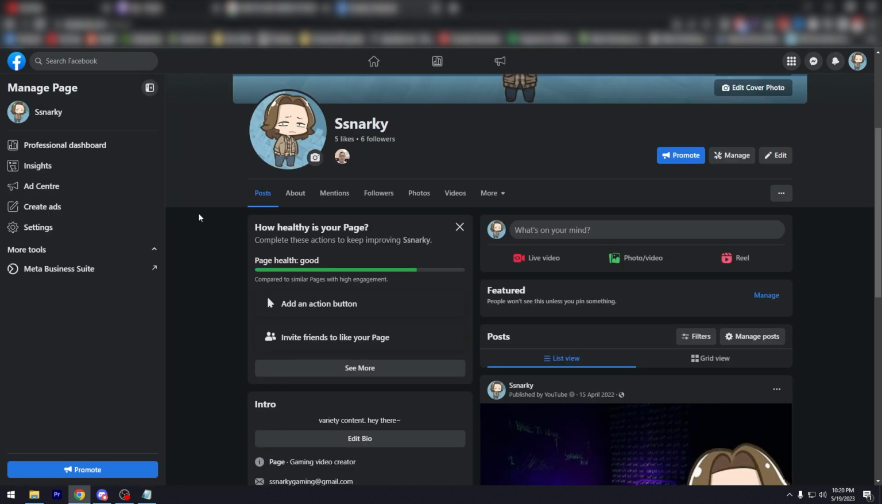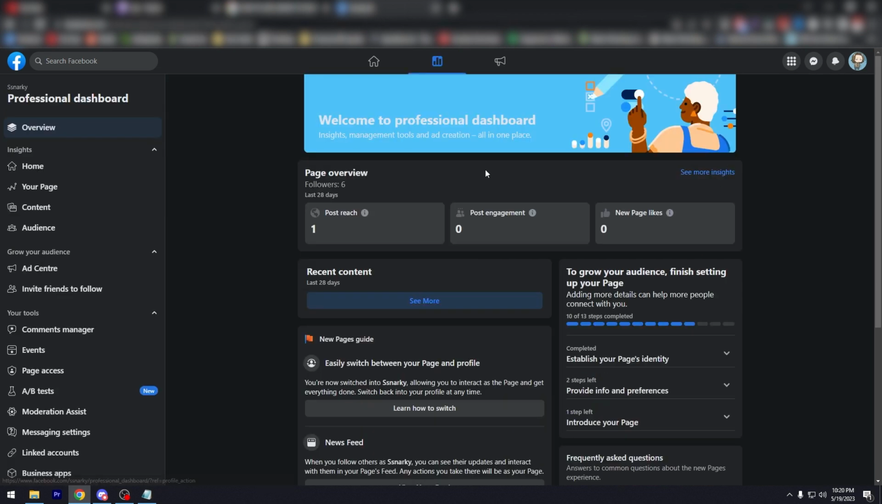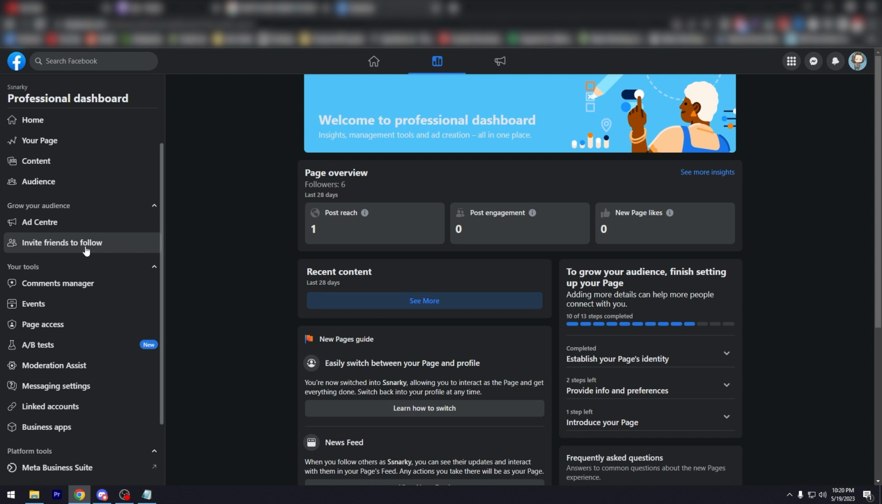In your profile, click on manage. It's between promote and edit. This one, manage. In manage on this professional dashboard on the left side, scroll down until you see